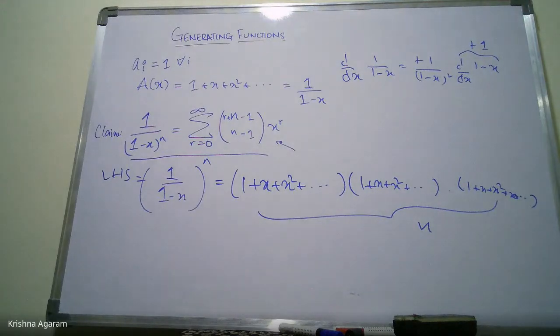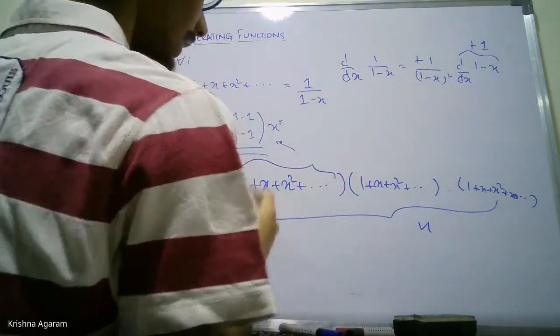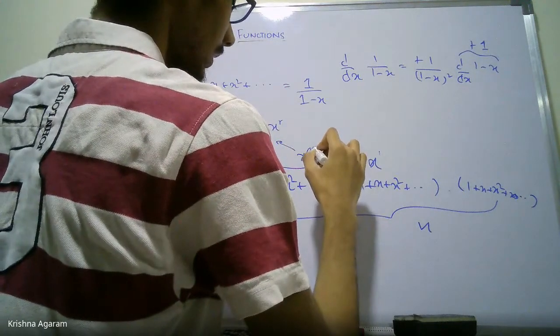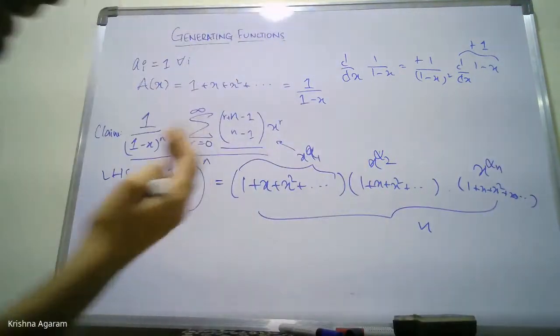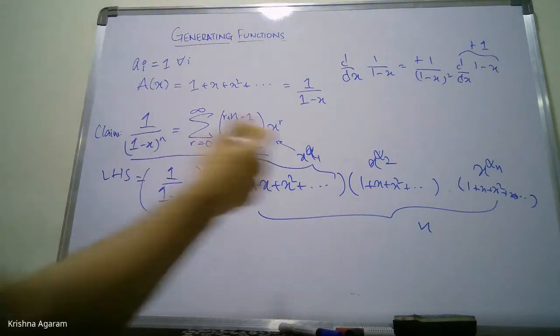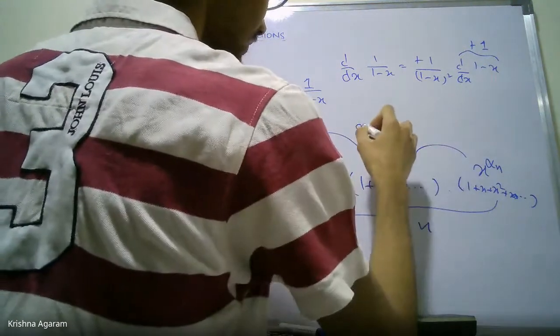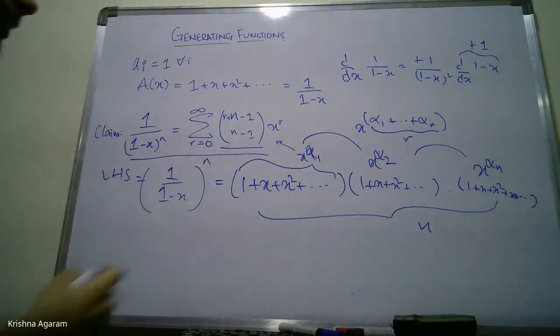So, suppose you want the coefficient of x to the r in this, which we want to show is this, n is fixed. Now what we have to do is choose one term from here, let's say x to the alpha 1, here x to the alpha 2, x to the alpha n. So we want to choose these alphas, meaning they're just choosing one of the terms. They're all the terms, it's an infinite series, such that when you multiply these, you're going to get x to the sum of all of those. And this has to be r because we're looking for the x to the r coefficient.